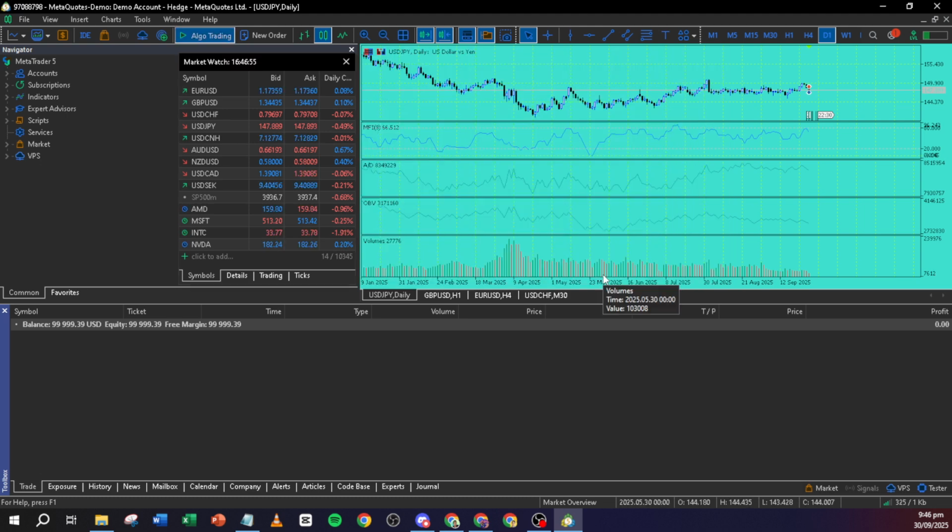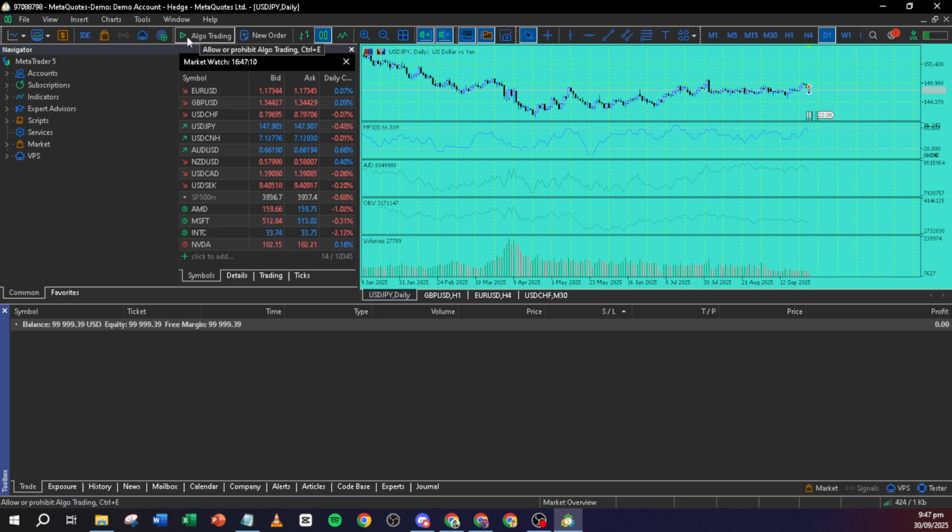You're almost there, but just one more thing. Locate the Auto Trading or Algo Trading button on the toolbar at the top of your MetaTrader 5 platform. It's usually resting quietly, waiting to be activated. All you need to do is click this button once. You'll know it's working when it turns green, indicating that the automated trading is now activated. And that's it. You've successfully enabled auto trading on MetaTrader 5.